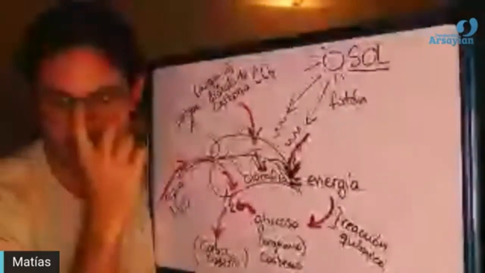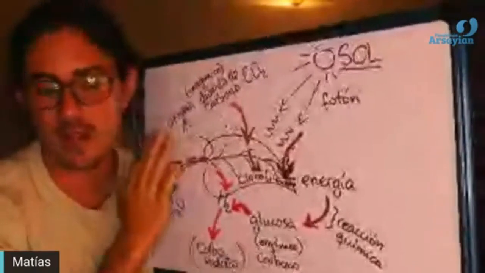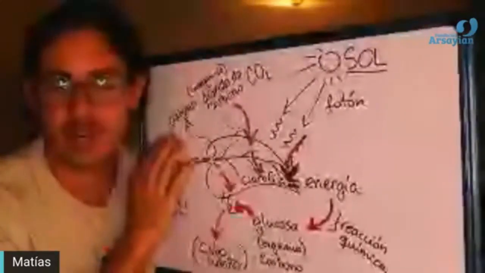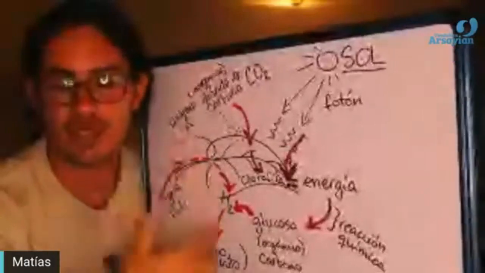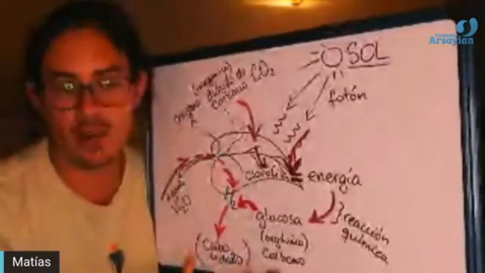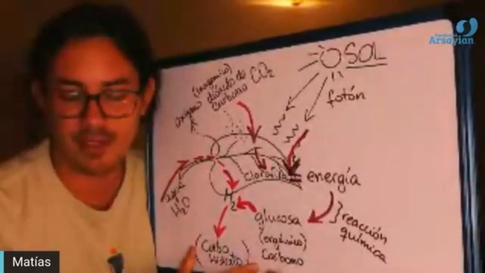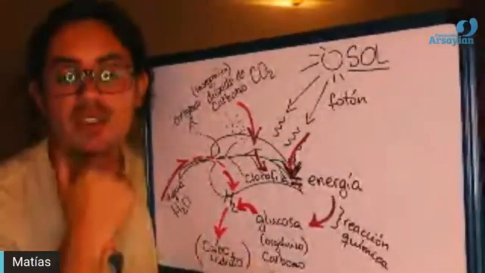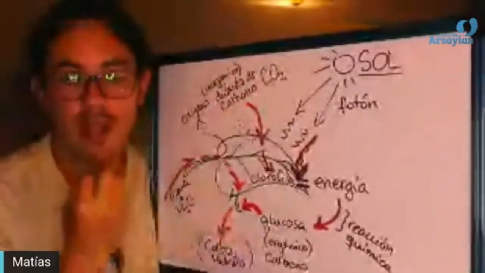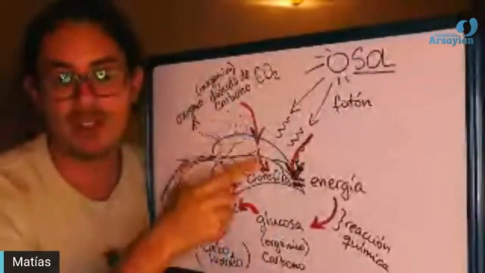But one important thing to know is that when we breathe, we bring this energy to the cells, and all the excess of energy in the cells that needs to be released from our body, from all the carbohydrates that we have consumed, all this excess of it comes into the air again from our breathing as carbon dioxide. So we breathe in the air and we breathe out the carbon dioxide, which is basic for the plant to